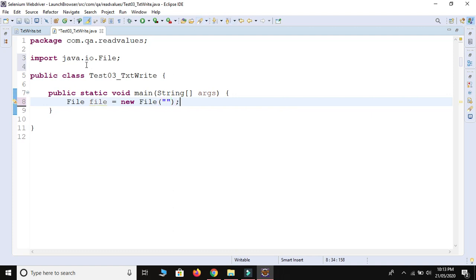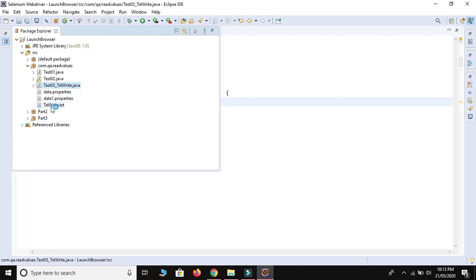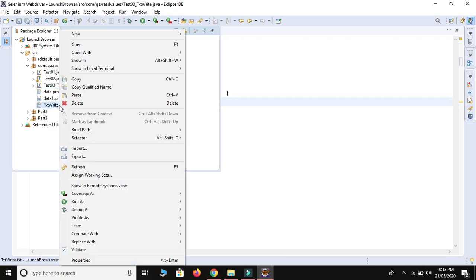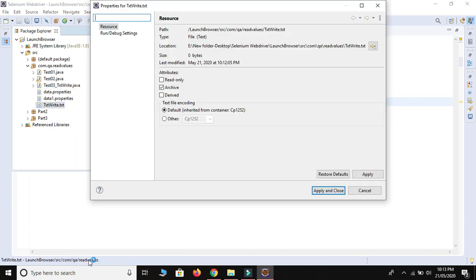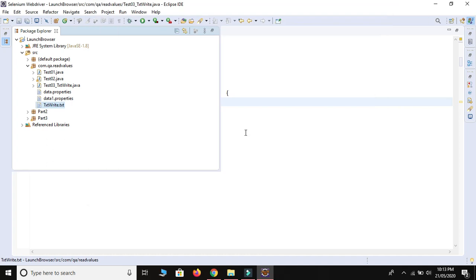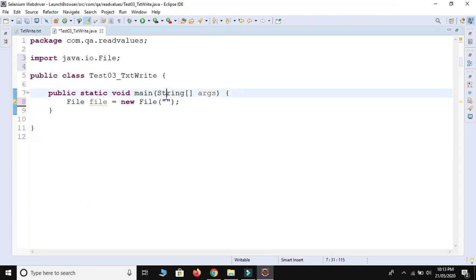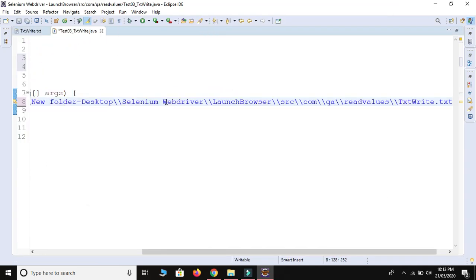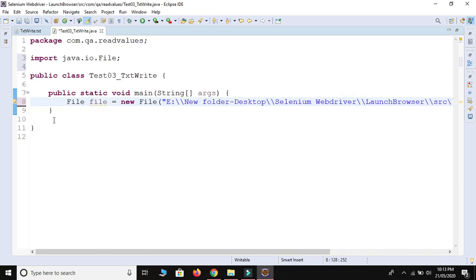Just right click on the file and click on Properties. It will provide the location of your file. Just copy, apply and close, and paste here. So this is the file where you are going to write something.